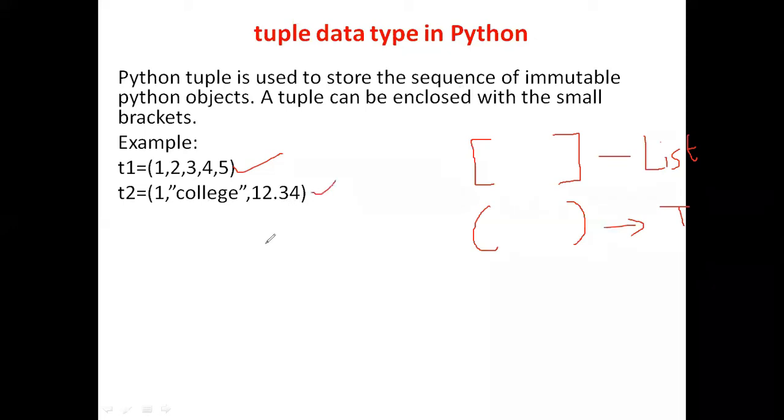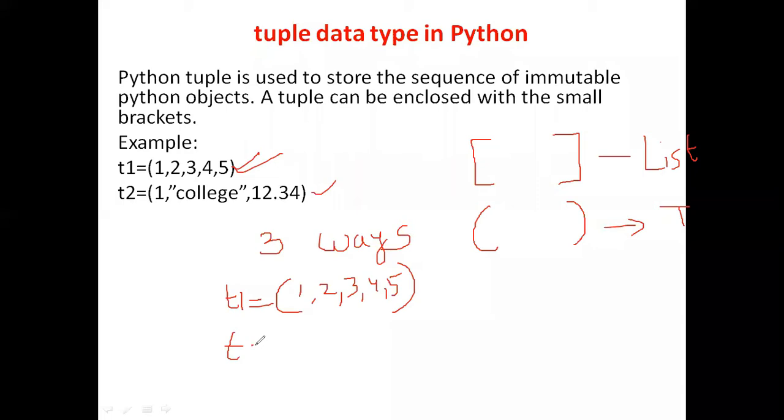We can define the tuple in three ways. The first one is by using small brackets: t1 equals 1, 2, 3, 4, 5. This is one way to create the tuple. The second way, for example t2 equals 1, 2, 3, 4, 5 without brackets, then also t2 is a tuple.